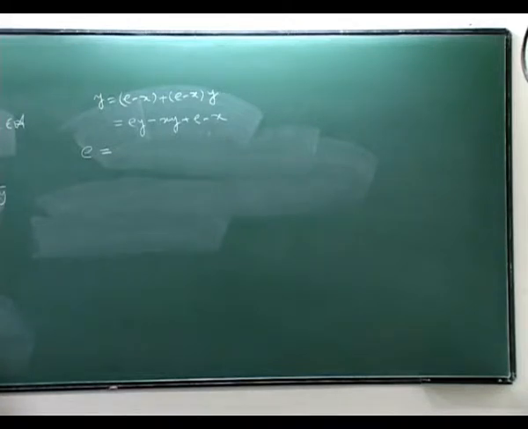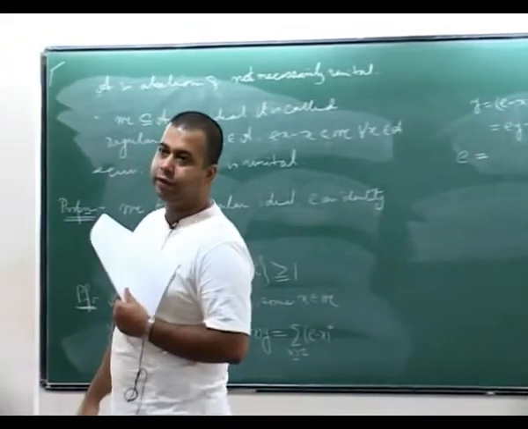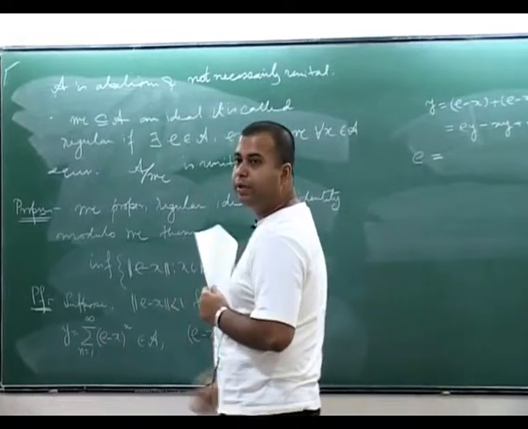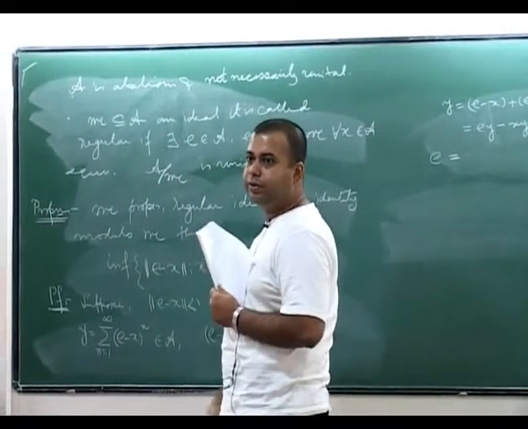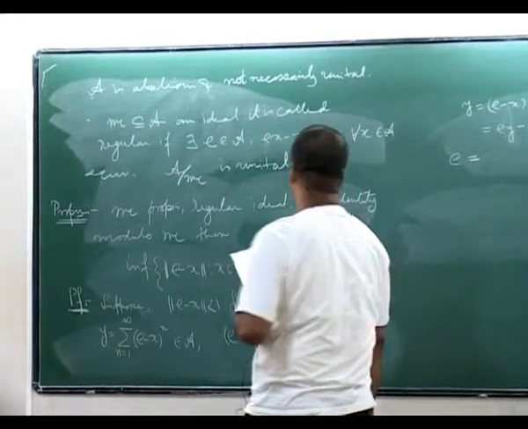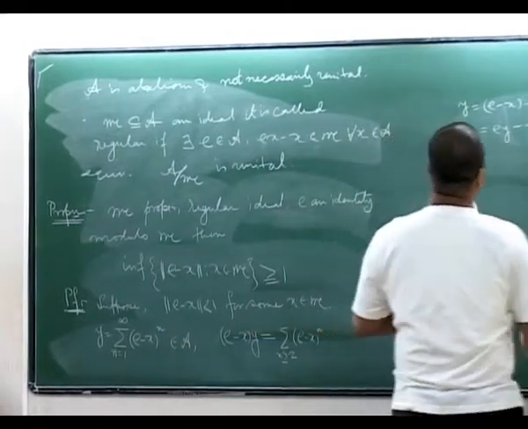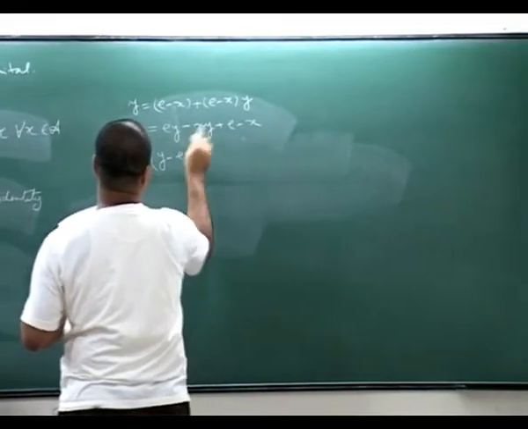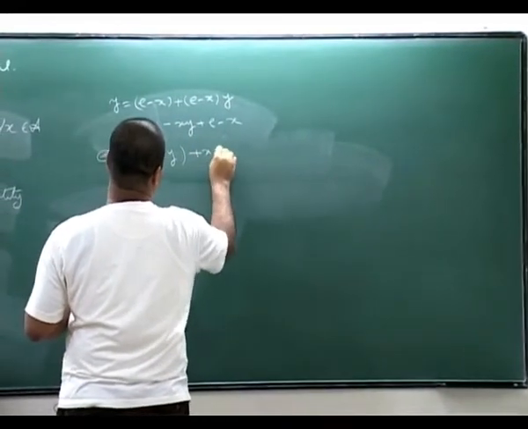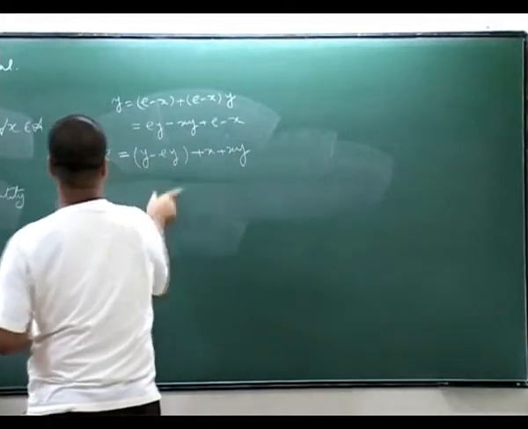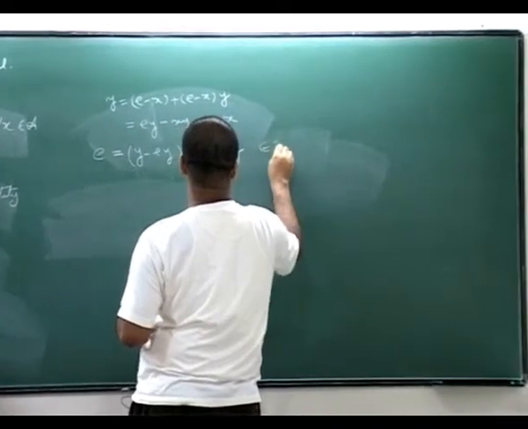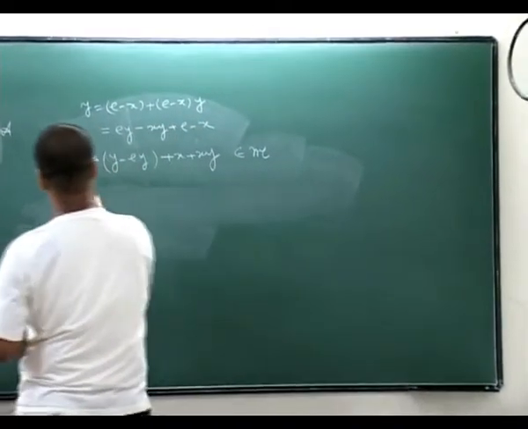So you fix an identity here, pull it up in A and call that element E. That's all. Ex minus x is in M. That means that it is the same equation. So E equal to y minus EY plus x plus xy. Now, by our condition, this element is in M, this is in M, this is in M, therefore this is in M, and now